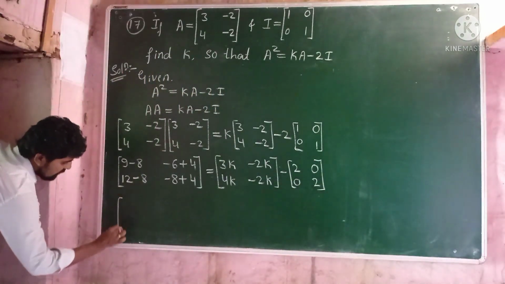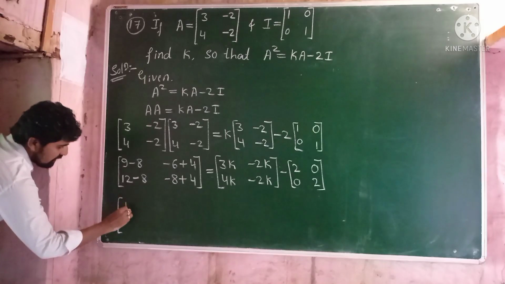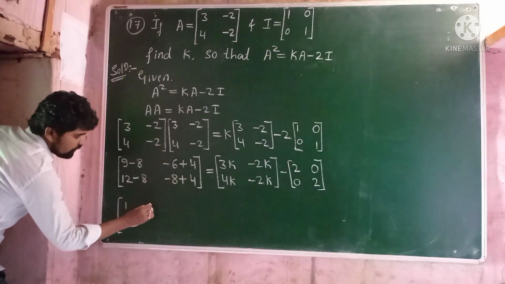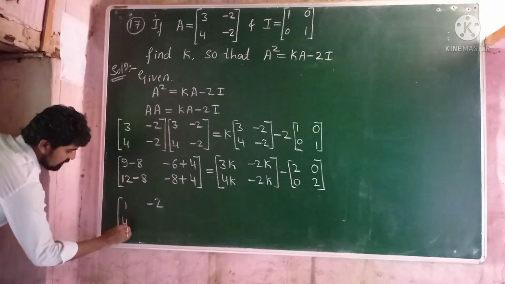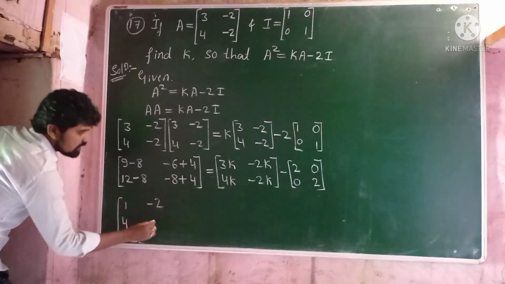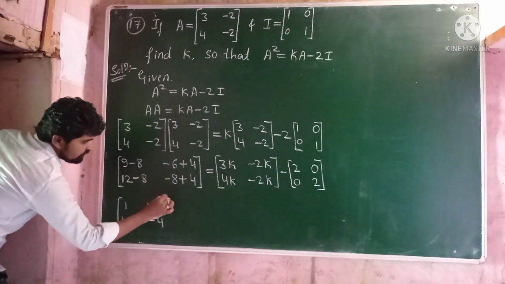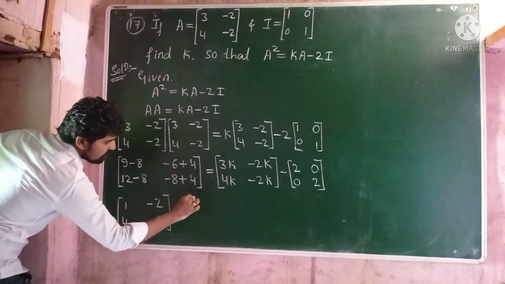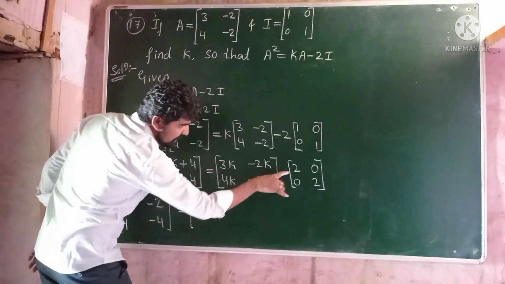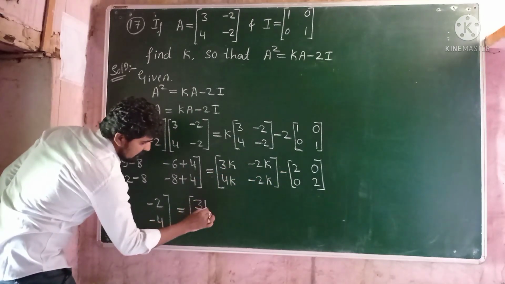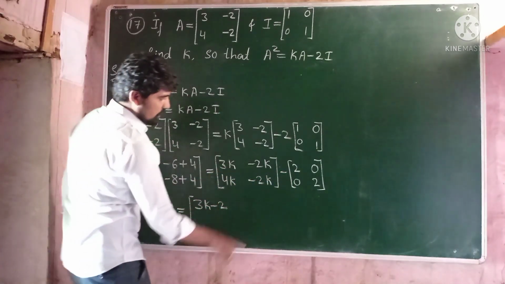Now this is equals to 9 minus 8, 1, minus 6 plus 4, minus 2, 12 minus 8, 4, minus 8 plus 4, minus 4,